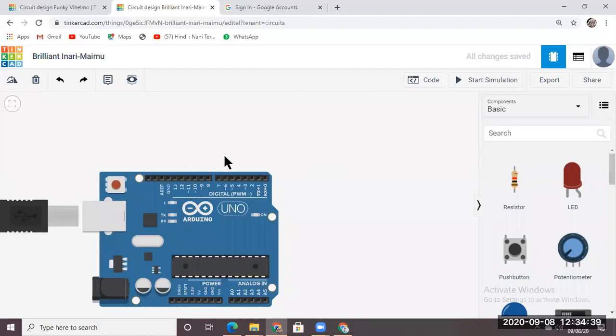When that sensor detects a person standing in front of the door, it tells the Arduino board, hey Arduino board, there is someone standing in front of the door, please open the door. Since the Arduino board is the brain, it will give a command and instruct the gate to open.